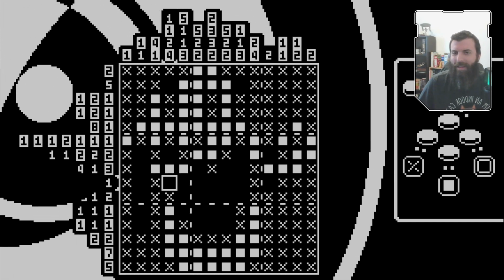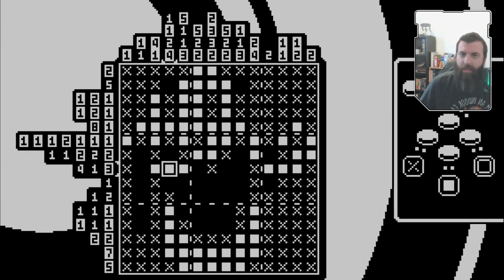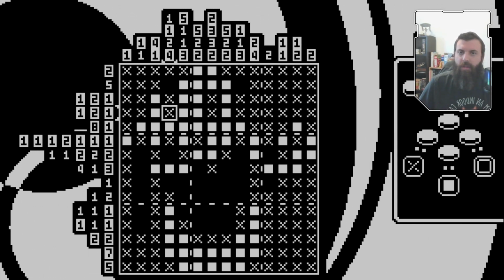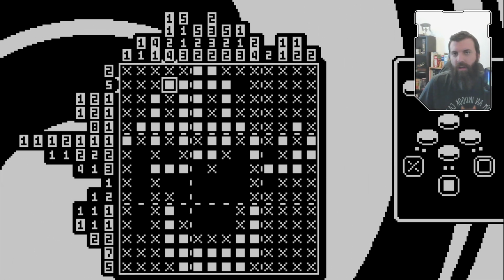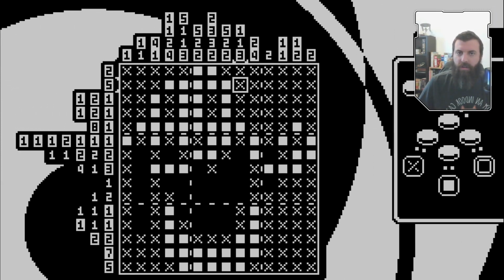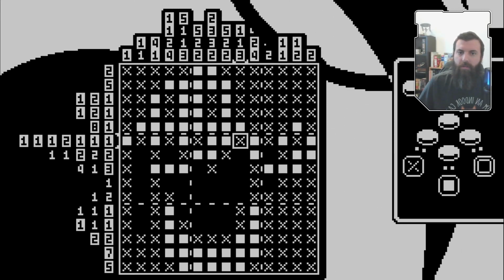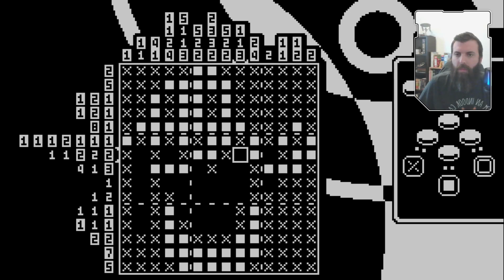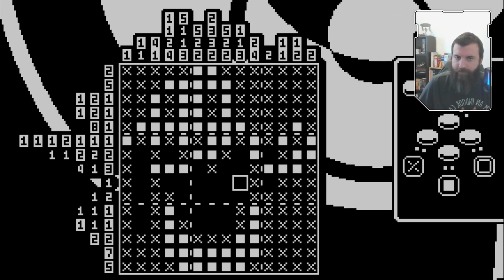Ooh. That means that this has to be our vertical 2, one of our 1s, so this has to be another vertical 1, 5 there. So now